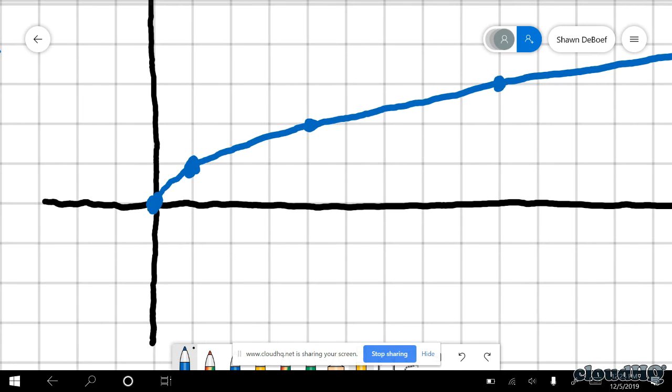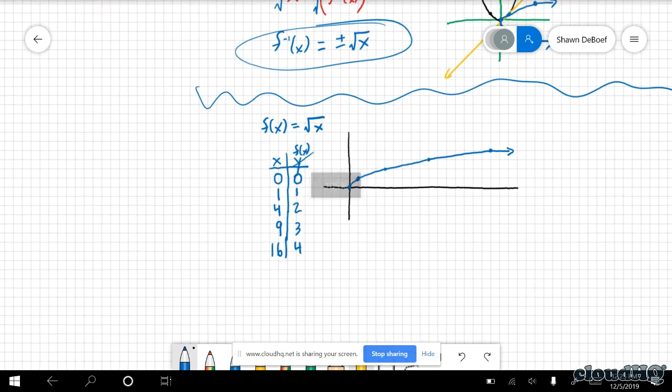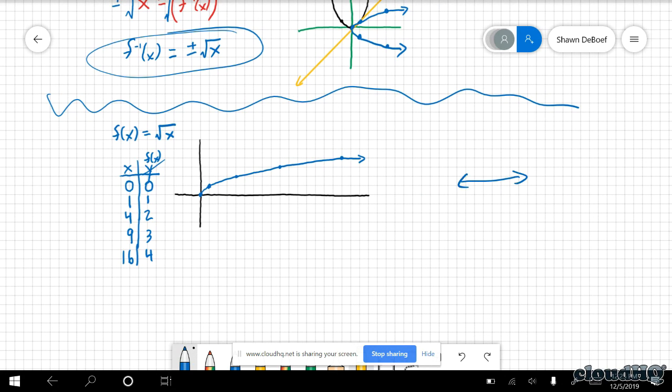Would you be wrong to do something like that and extend it too far? Yeah, both of those would be wrong because they show an incomplete understanding of a square root. A square root does have a beginning point. I need to see that beginning point, and then we travel to the right. It's a little bit like in geometry, you did rays and you did lines, or rays and line segments. With a line in geometry, you put an arrow on both sides, right? But with a ray, it was like that. A square root is like a ray. It's not linear, but it has an endpoint on the one side.